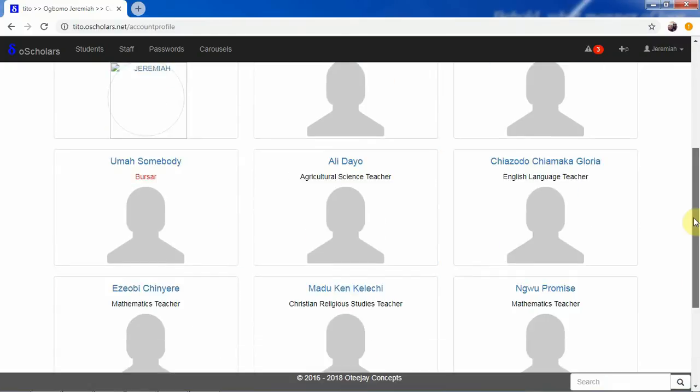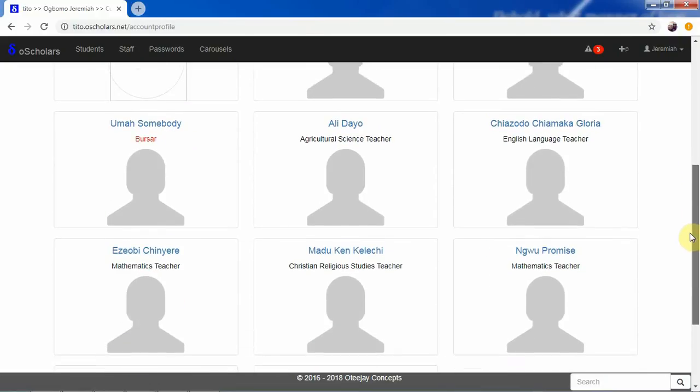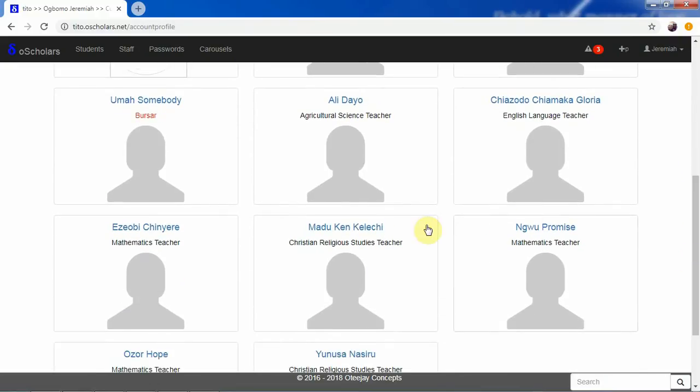Then you can go down the page and find out that this other one was the profile picture. Now on this interface we can actually click on any of them and view their record. If we click on, for example, Madu Kelechi, we will be presented with this